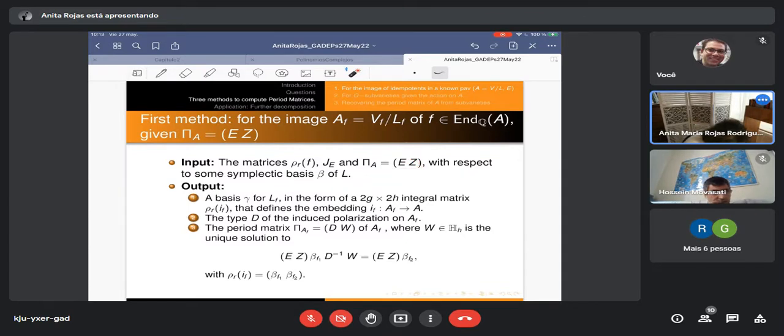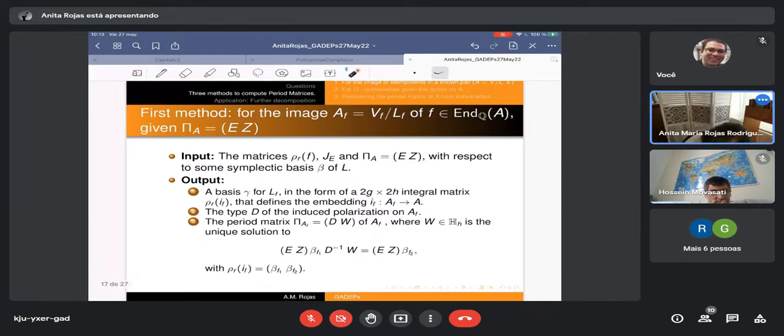And you have that period matrix, and if you have that information, then you have a matrix capturing the basis of the lattice. H is the dimension of, I should have said that. So AF is the image of F and of dimension H. Okay. So with that information, you get a matrix of that size, which is in fact representing, it's the rational